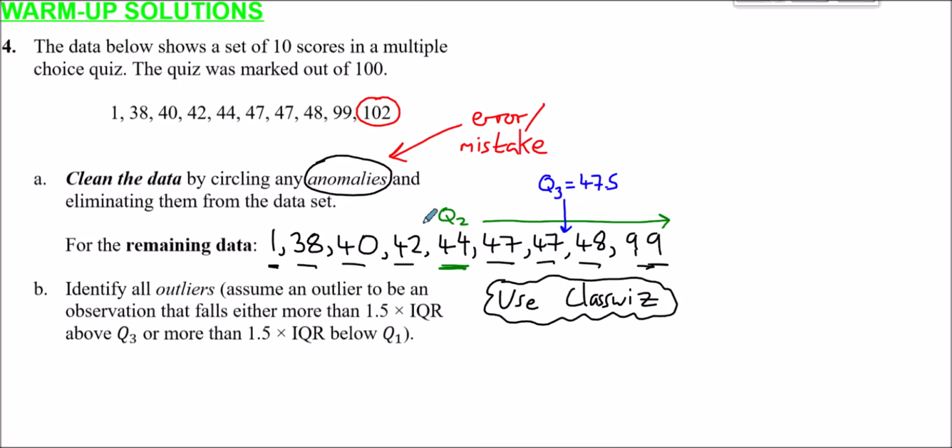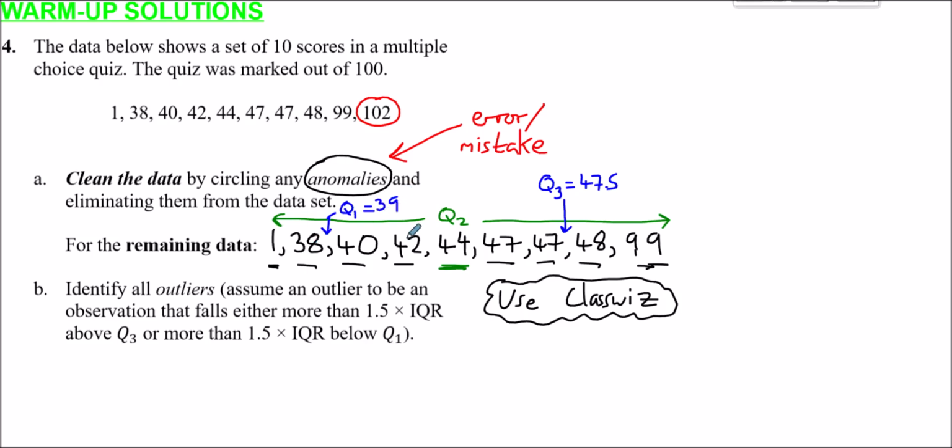In the same way, we take the lower wing, ignoring the median, and see that there are 4 values at the lower end. We now find the median of these 4 lower values. So halfway between these 4 lower values is going to be halfway between the second and the third value, which is here. So that's going to be where Q1, the lower quartile, is. Halfway between 38 and 40